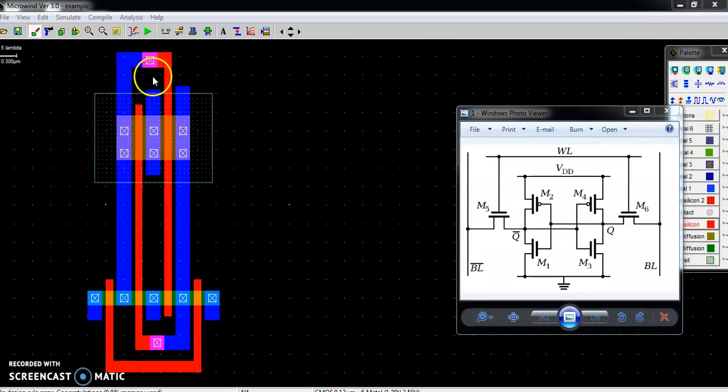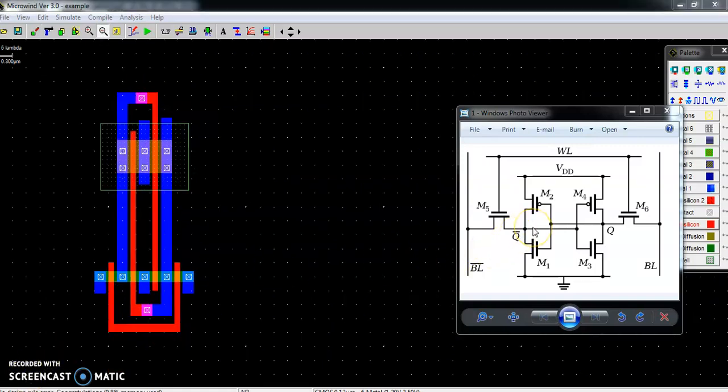Now I have connected this Q bar to this gate at this point, and at the crossing of metal 1 and polysilicon we have to place a polysilicon to metal 1 contact. Similarly here also we have to place a metal to polysilicon contact to short the metal 1 and polysilicon.